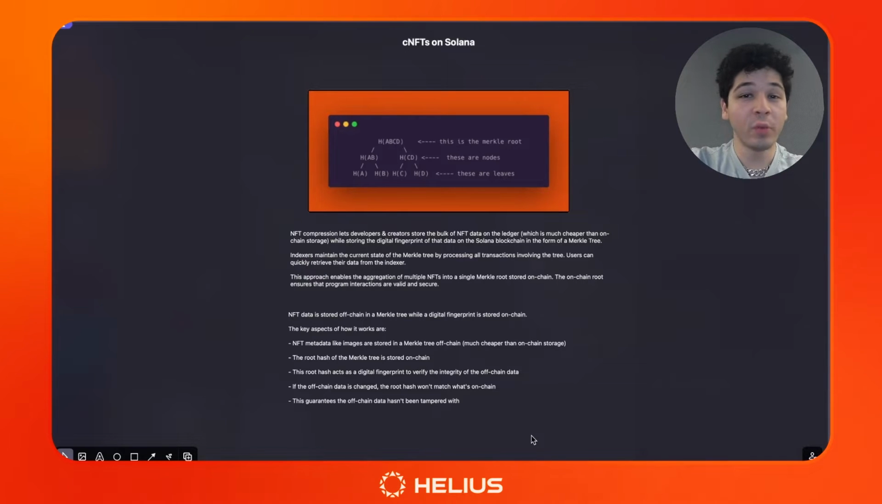Okay, so before we dive into the code, I want to take a second and explain what compressed NFTs are on Solana. If you're new to Solana or you've never heard of compressed NFTs, essentially, they allow us to mint bulk amounts of NFTs at scale. And I mean to the tune of hundreds of thousands, millions, or even a billion NFTs for a drastically reduced cost, right? So if you wanted to mint, say, 1 million NFTs on the Polygon network or on